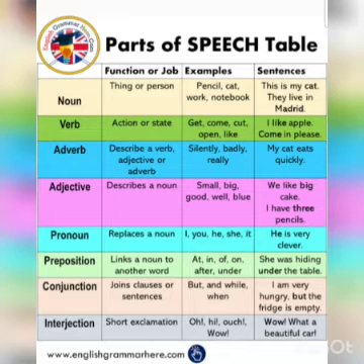Noun, as I said, is the name of a person, place, animal, or thing. Example: pencil, cat, work, or notebook. Pencil is a thing. Cat is an animal. Pencil is the name of a thing that we use to write. Work, notebook, these are all examples. I will show a few more examples of nouns.